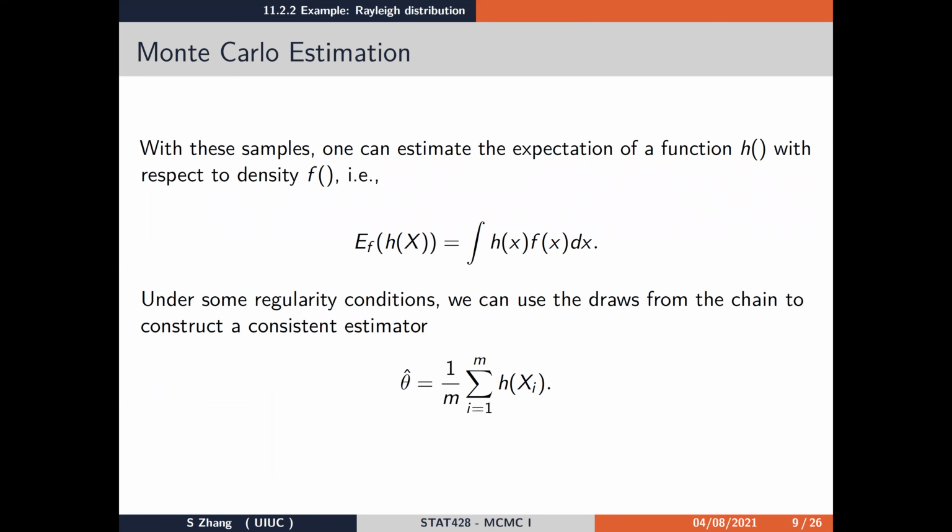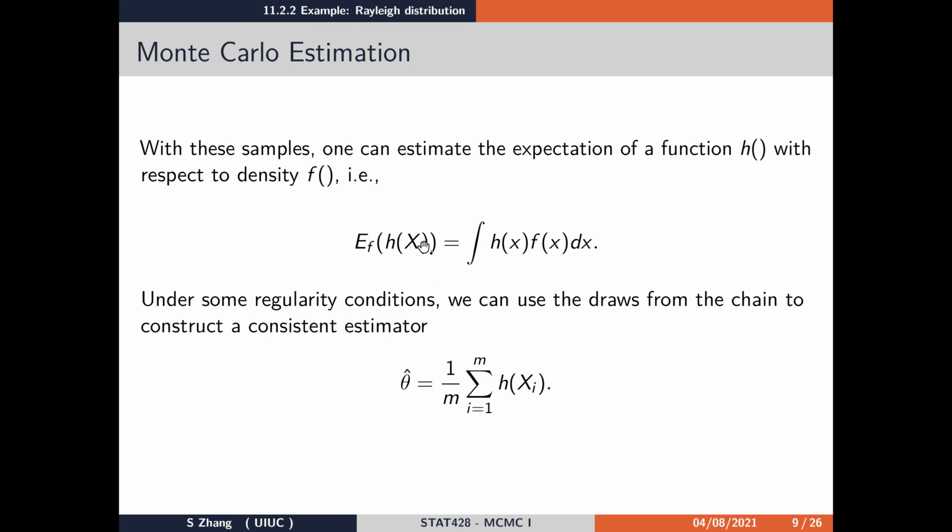So let's take a look at the Monte Carlo estimates, or the point estimates, of some parameters. With these samples that we have drawn from this Rayleigh density, we can estimate the expectation of a function h with respect to the density f. By definition, this is E_f[h(X)], which is equal to the integral of h(x) times the density f(x) dx. Under some regularity conditions, we can use the draws from the chain to construct a consistent estimator for